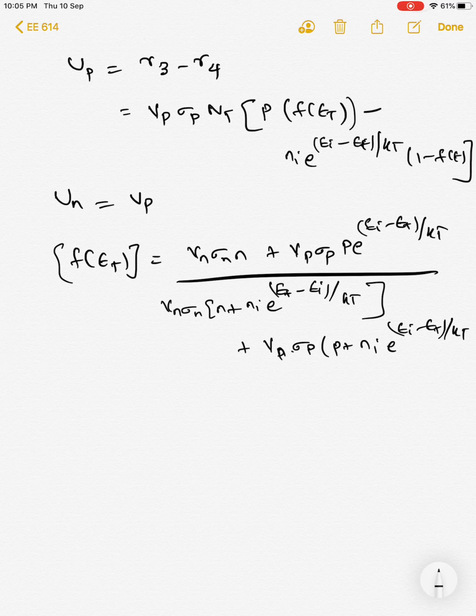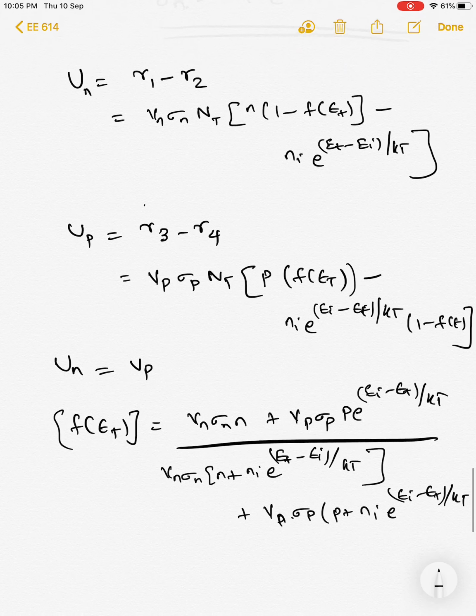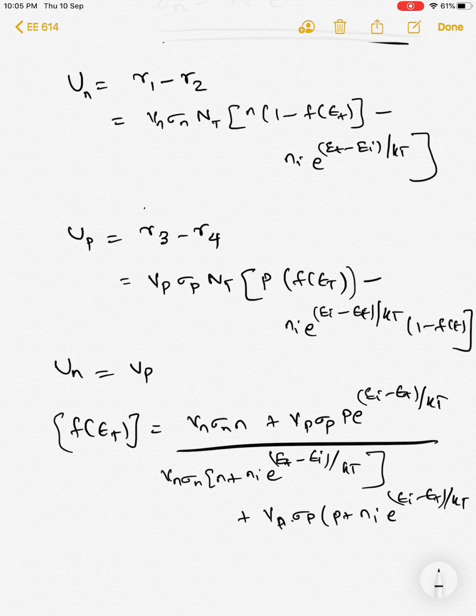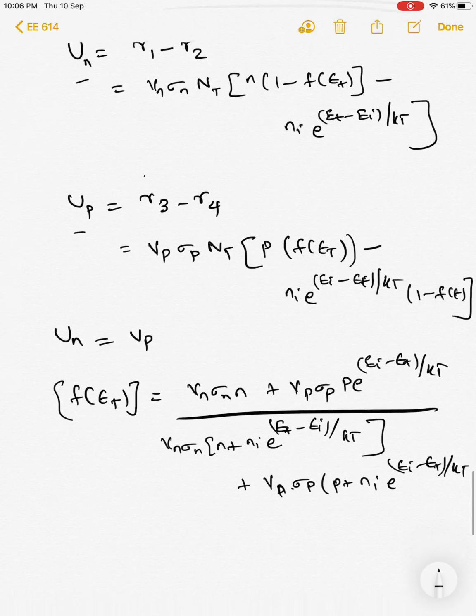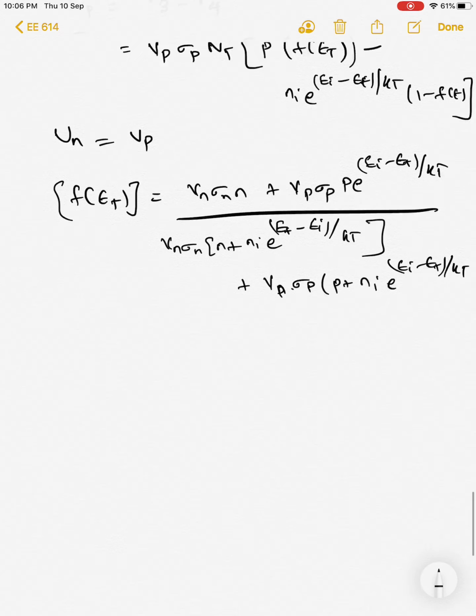Let me tell you why this un has to be equal to up, because neither process alone can aid in an electron hole recombination. An electron hole recombination happens if an electron gets trapped from the conduction band, and the electron moves from the trap site to the valence band, right? So only if un and up become equal do you have a net electron hole recombination, which is assisted by the trap site, right? If I put this inside either un or up, you will get the net rate as